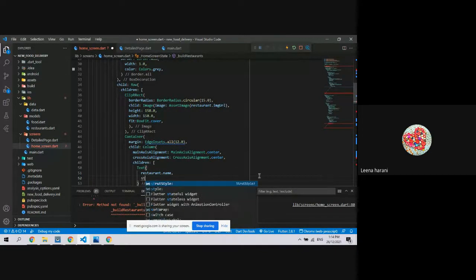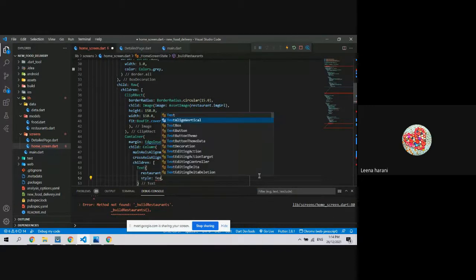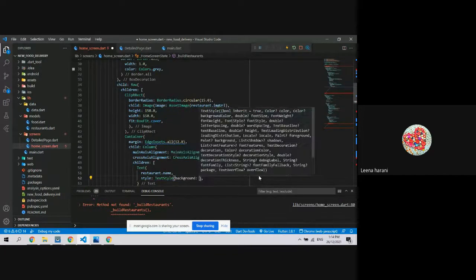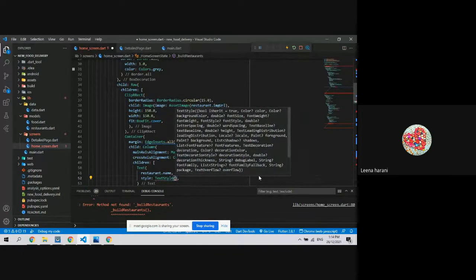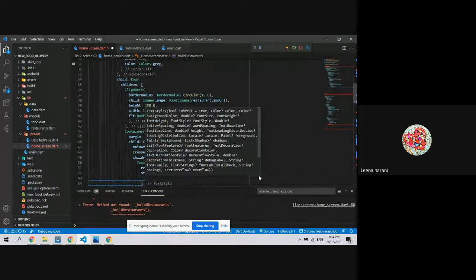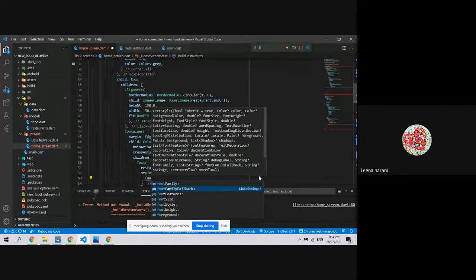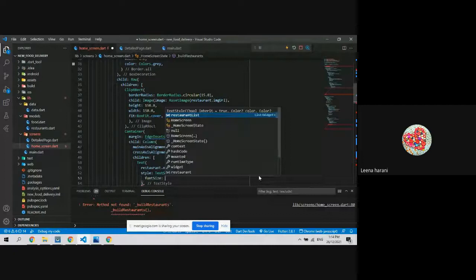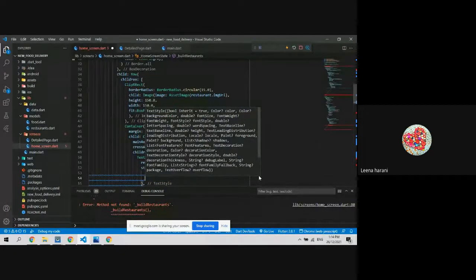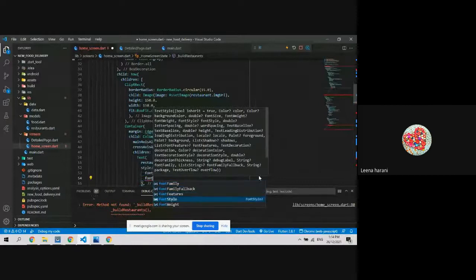such as style, TextStyle. No background. We don't need the background. We just need to change the font size. We can also change the font family, but not for now. It's already late right now. So